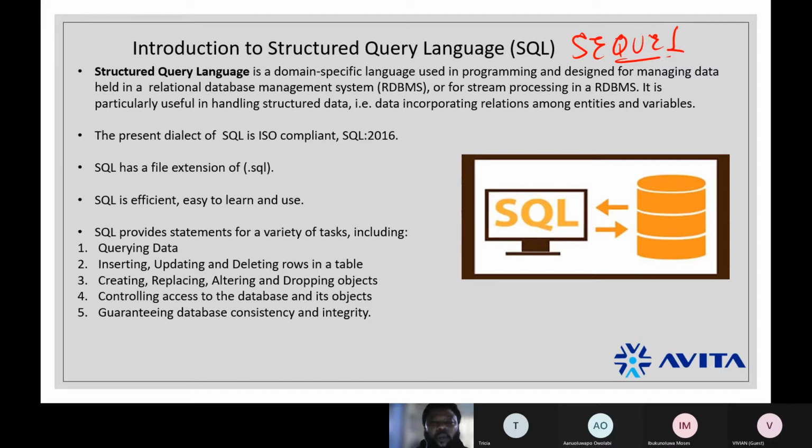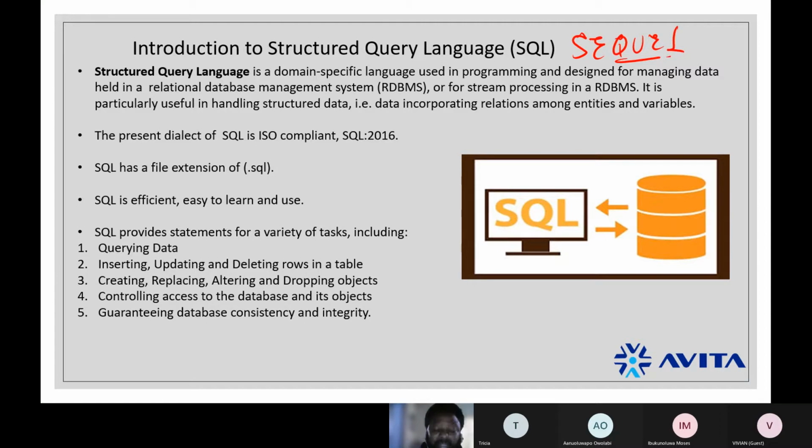So it's a language designed for managing data held in a relational database, or for stream processing in a relational database. That's plenty English. So basically, SQL is that language that we use to communicate. That's just what you need to understand: we use it to communicate with a relational database management system.